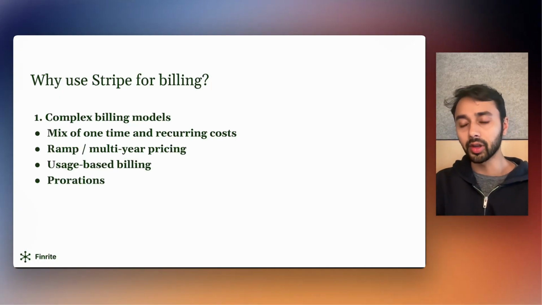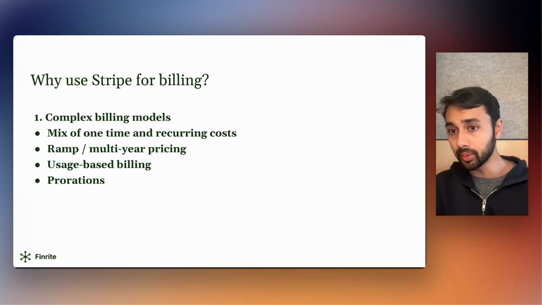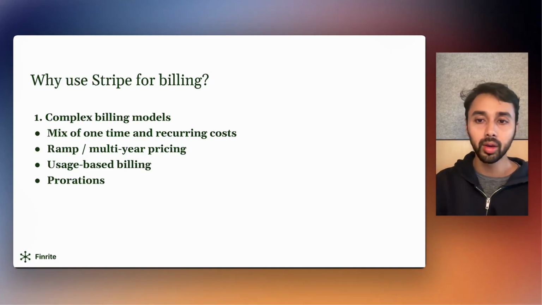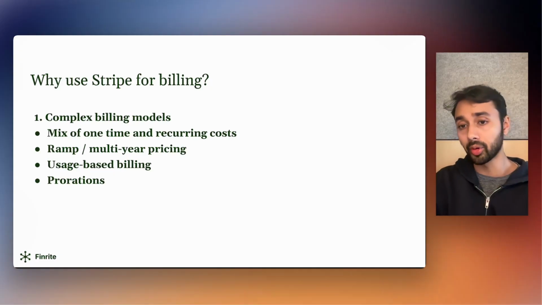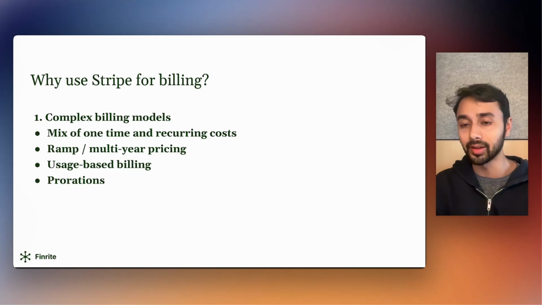One of the biggest reasons is Stripe handles a lot more complicated and nuanced billing models. If you have situations where you're billing for a mix of a one-time fee and a subscription on top of that, much easier to set that up in Stripe. If you have situations where you are billing different prices in multiple years, so you offer a steep discount your first year, and then your price ticks up in your second and third year, very difficult to have that billed in HubSpot. If you have usage-based billing, so you're, let's say, a technical company that's selling an API service, and you bill per instance of that API, not possible to set up in HubSpot at all.